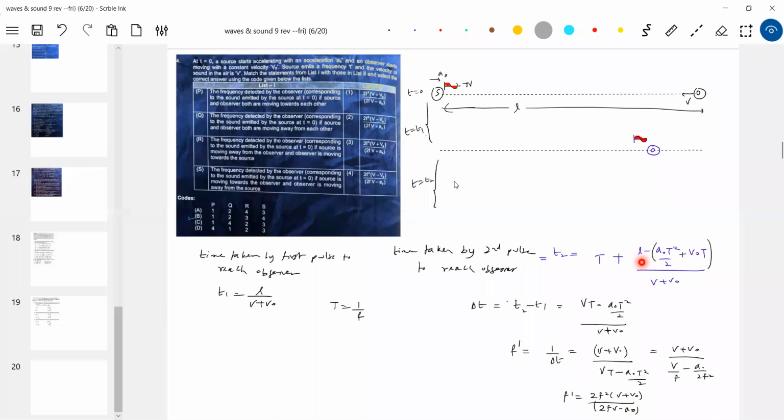I just showed one other option you have to work out. Because I can't solve all three in that one. So when the source accelerates, yeah. How did you assume the direction, sir? S can be on the right side and can be on the left side also, no, sir. Then there will be different values. What is that?